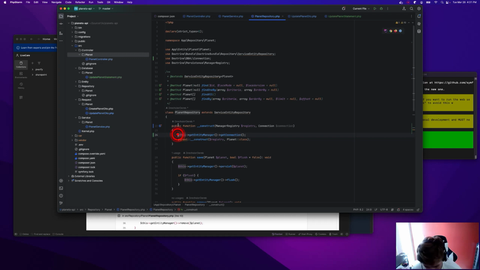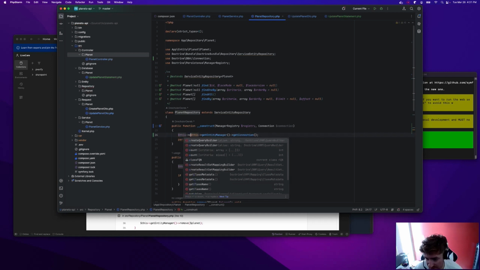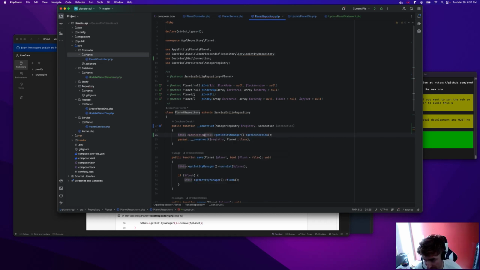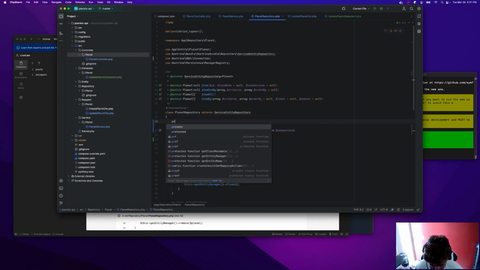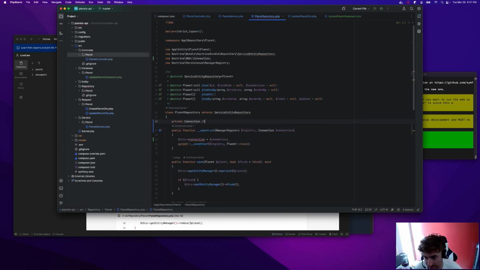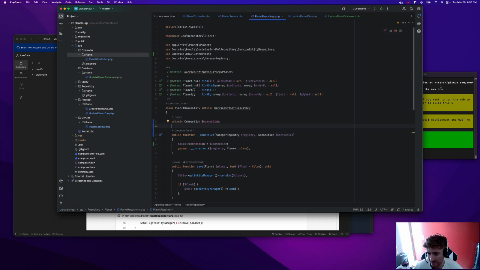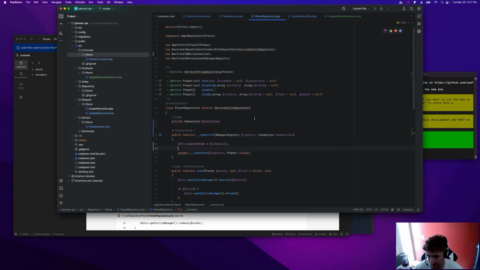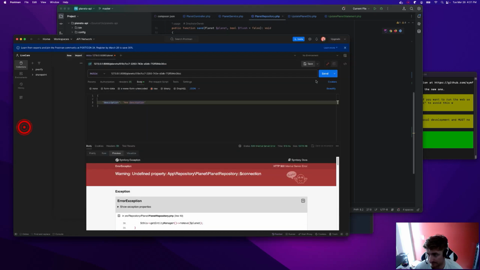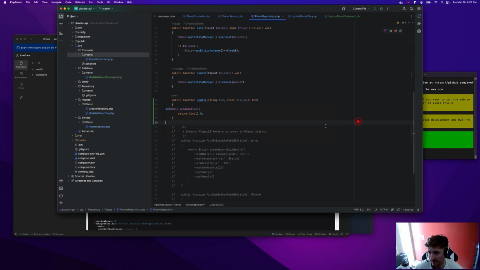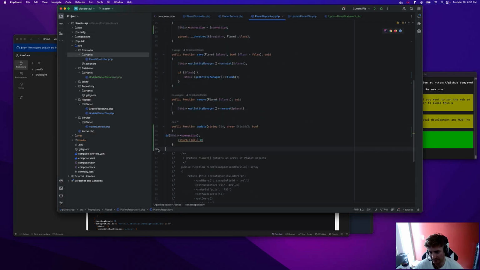So I don't know if this is actually the preferred way. Well, hold on. Let's see if we just get the default connection like this, but we might just need to grab it from the entity manager. Let's see if autowiring for this works. Yep, there we go. Okay, so we can just do that instead of entity manager get connection, but we can take our connection and